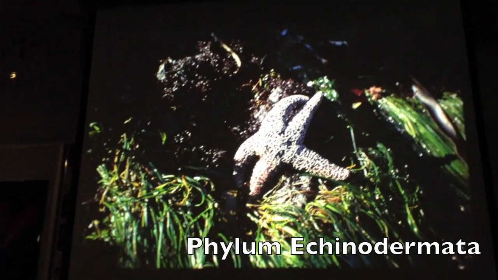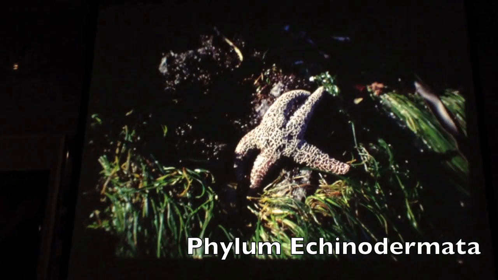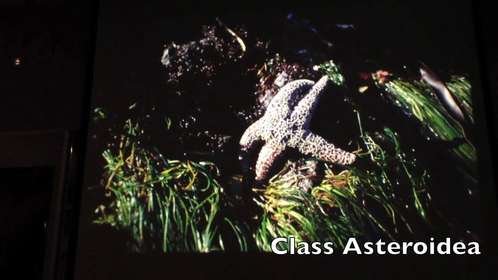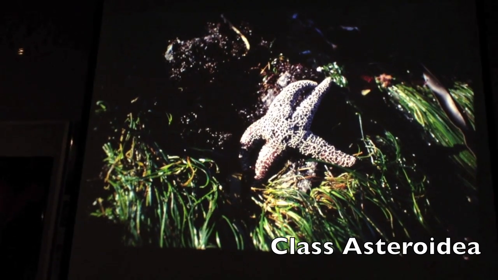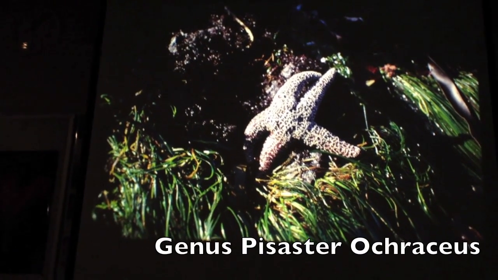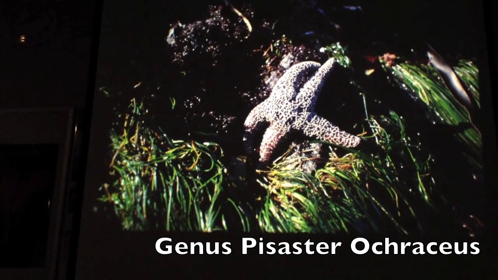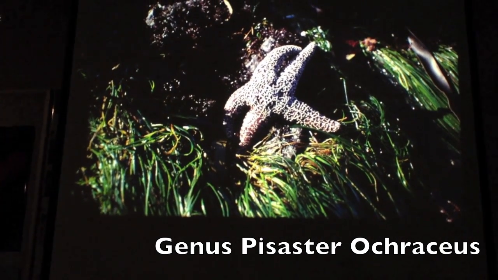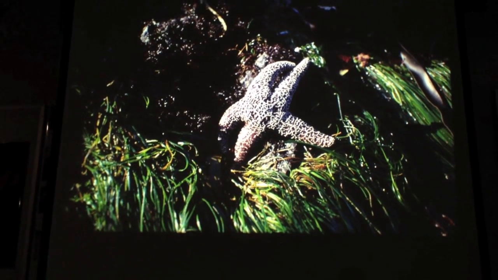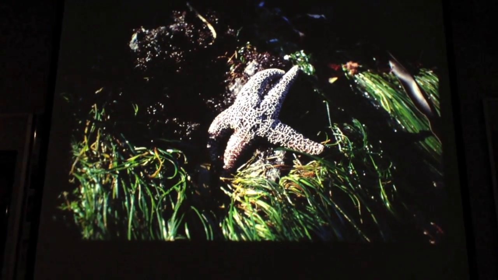What phylum are we looking at now? Echinodermata, and which class? Asteroidea. And this is one that you're supposed to know the genus and species of. Pisaster ochraceus. Ochre sea star. So remember on those